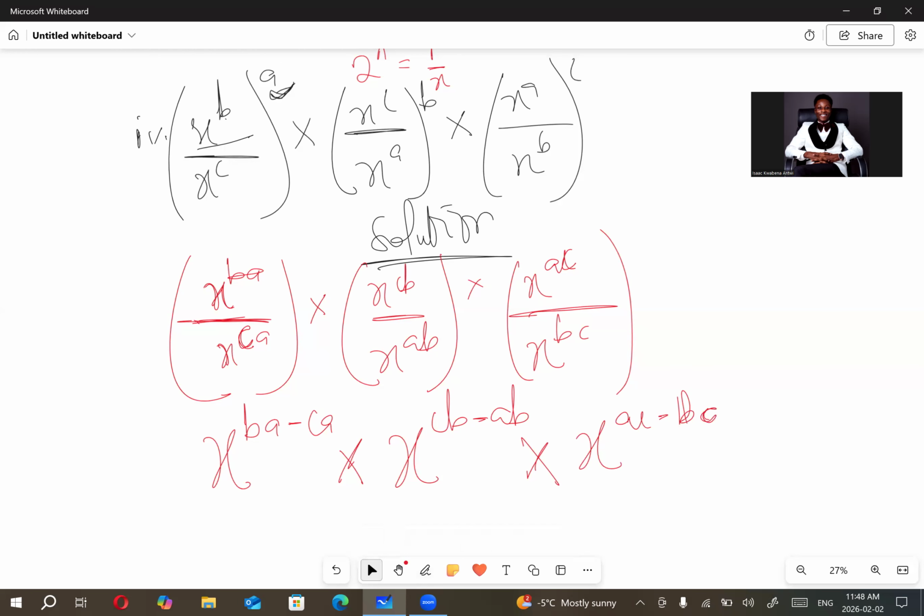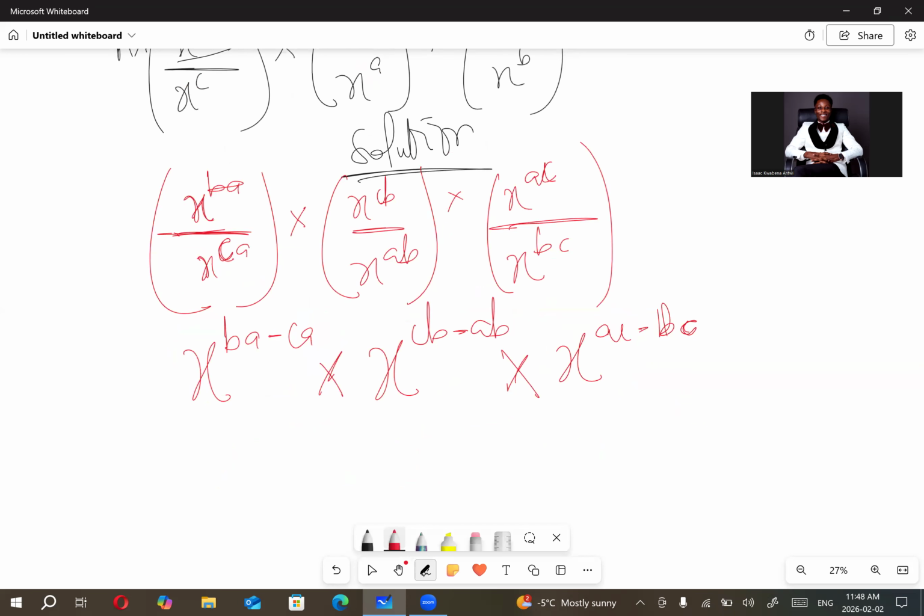Now, at the end of the day, forget about the tuple. I'm looking at the bottom. The bases are all the same and they are multiplying, so I'm just going to pick one. I think it looks easier doing this. We are multiplying, so I'll add everything at the top. The top will be BA minus CA, plus CB